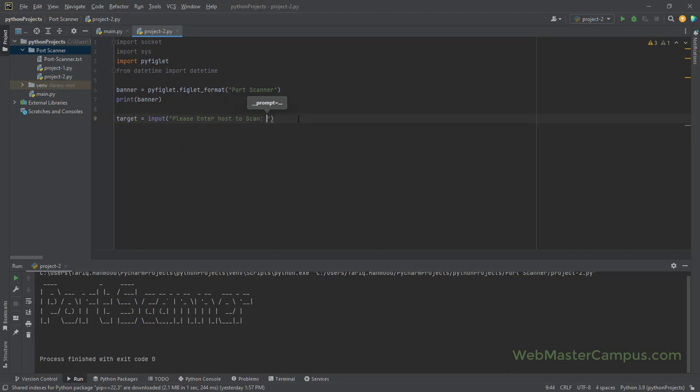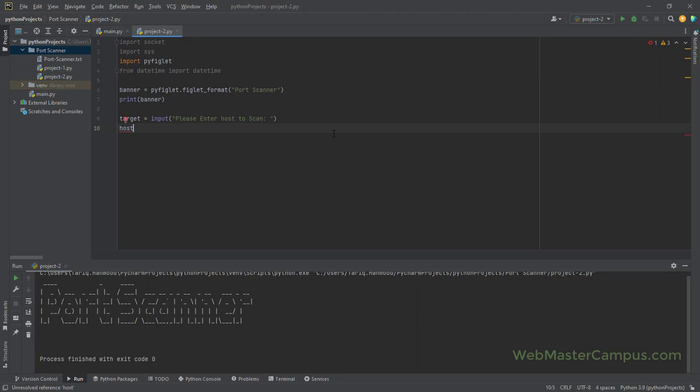Okay, so this is how we are going to build the program. Then we are going to find the host name, and we can just call this host, and I can type socket.gethostbyname and